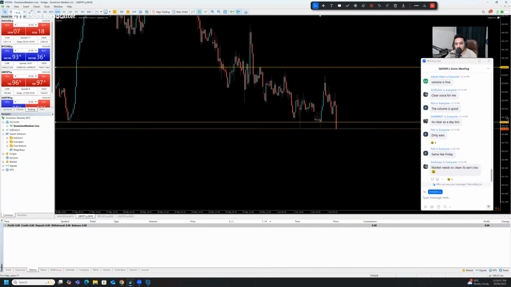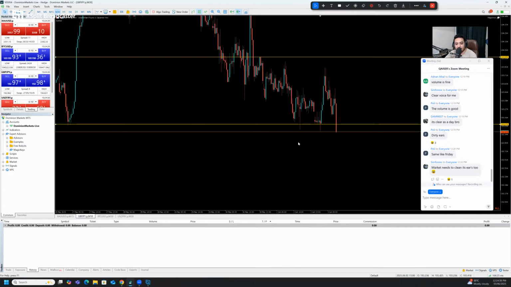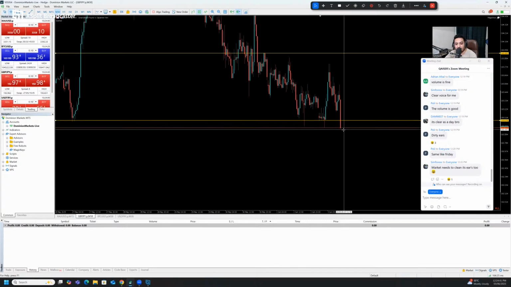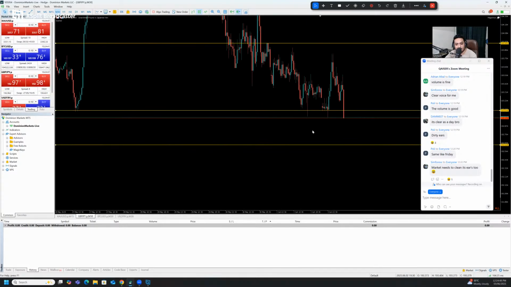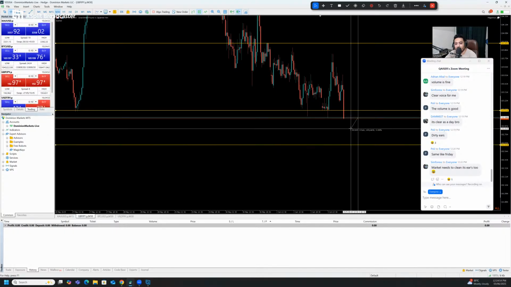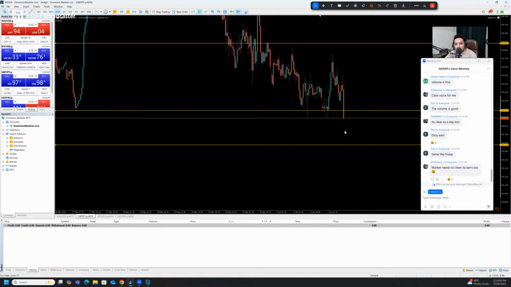I would suggest you wait for the candle to close below the support area, and then if the next candle creates a weak break of the low, the next target could be this one. This could be the best target, I would say. And you have a range of 40 pip or 35 pip on the left-hand side, so you can grab like 20 pips, 15 pips. That will make sense.